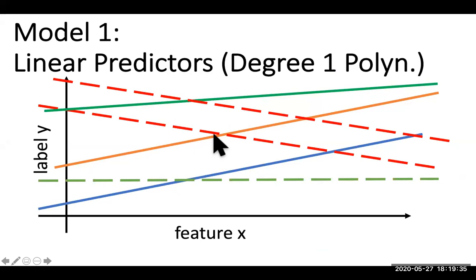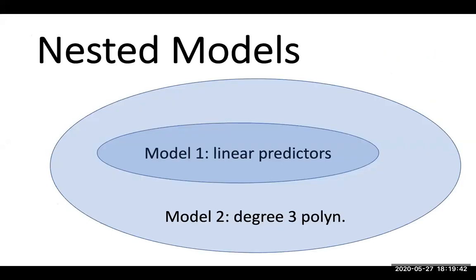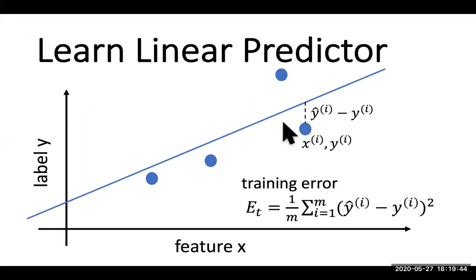And here comes the third component of machine learning: the loss function. We learn, for example, a linear predictor, so we find the best element of this model 1, by minimizing the training error. Let's say we use one particular loss function, the squared error loss. We could also use the Huber loss or the absolute error loss, but for this case we use the squared error loss